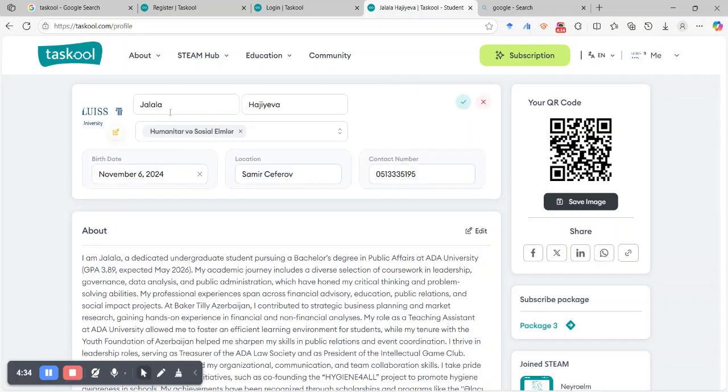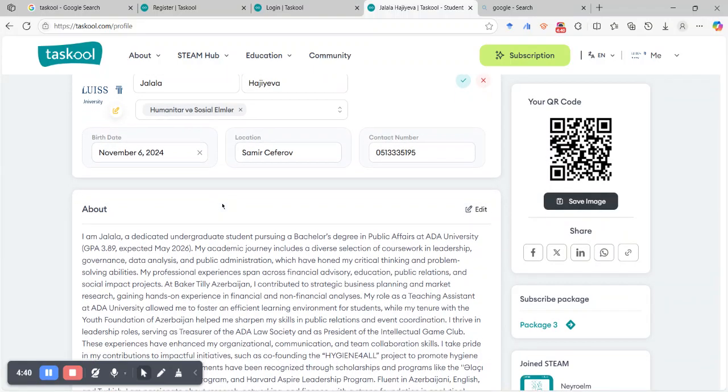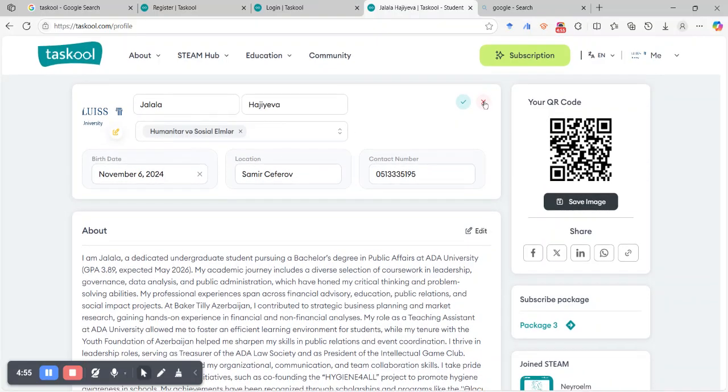First of all, you have to add your name. Surname will already be taken from the registration part, but you can add your location. It is actually not mandatory, and it will be visible only to you. And the contact number in any case is only visible to the owner, and you can also hide your email from others.